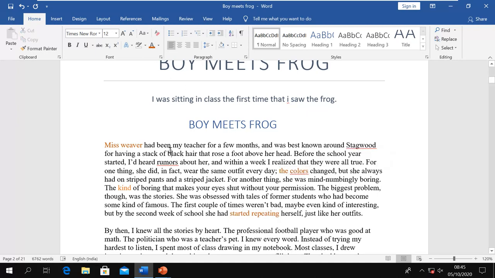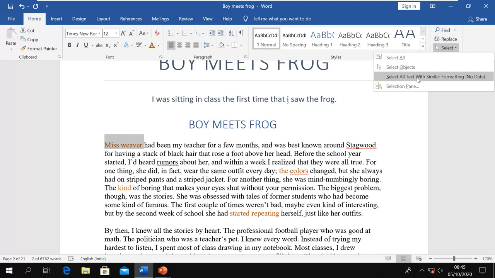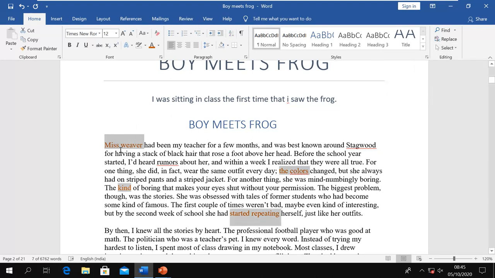Now I select this and then I say select all text with similar formatting. If I click here, now you see it selected all those texts which have the same formatting. So that is the select option.